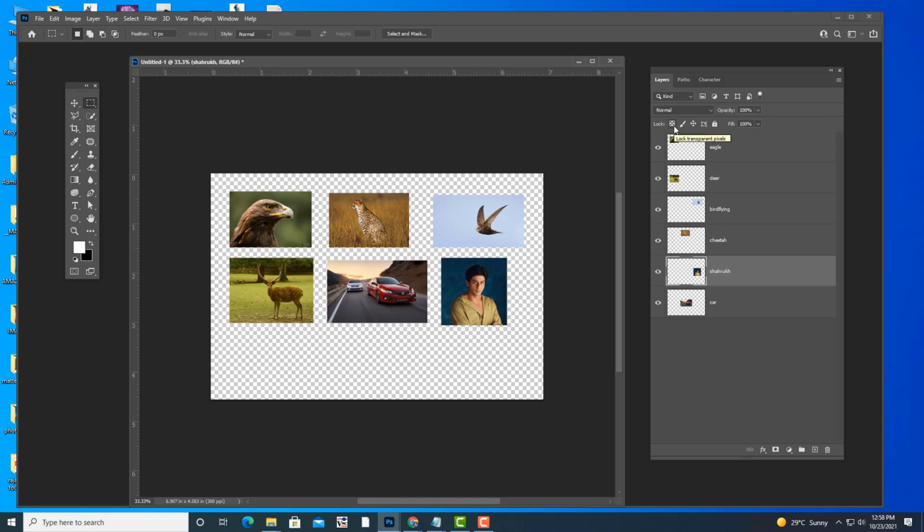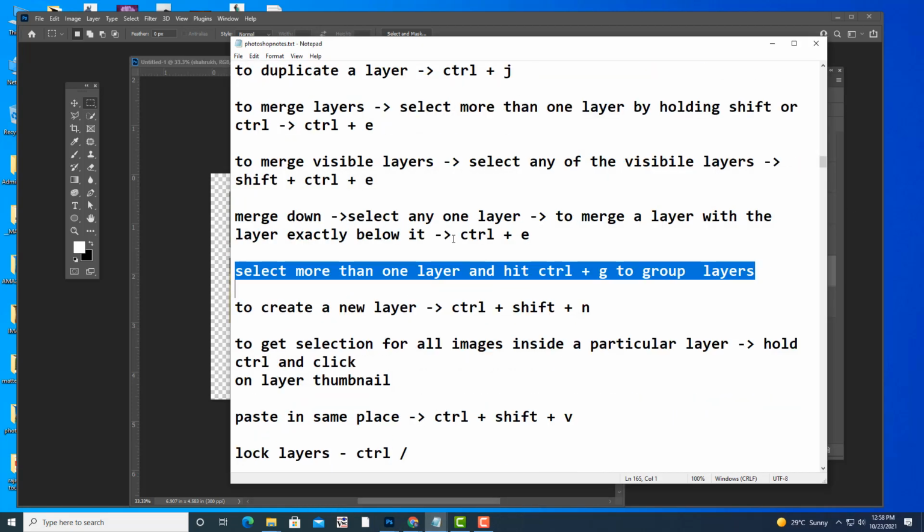All right, so now we understood how to group layers. Next we will see what the next things are.